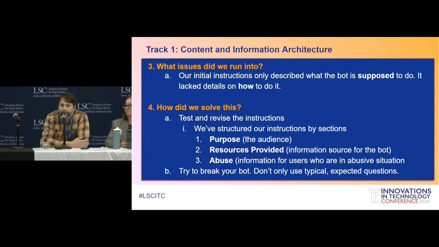And the thing to really think about is that whenever it asked what I wanted the bot to do in creating it, I just told it what the bot was supposed to do. Summarize Texas Law Help content and give links to people who aren't lawyers is the short of it. But I didn't really give it any guidelines. We didn't tell the bot how to reach that goal. And it showed, like, it needs more instructions. And so what we did is we started asking it a bunch of questions, and when it gave us bad information, we just went in and edited those instructions, which run basically as a prompt in the background that apply to every chat.